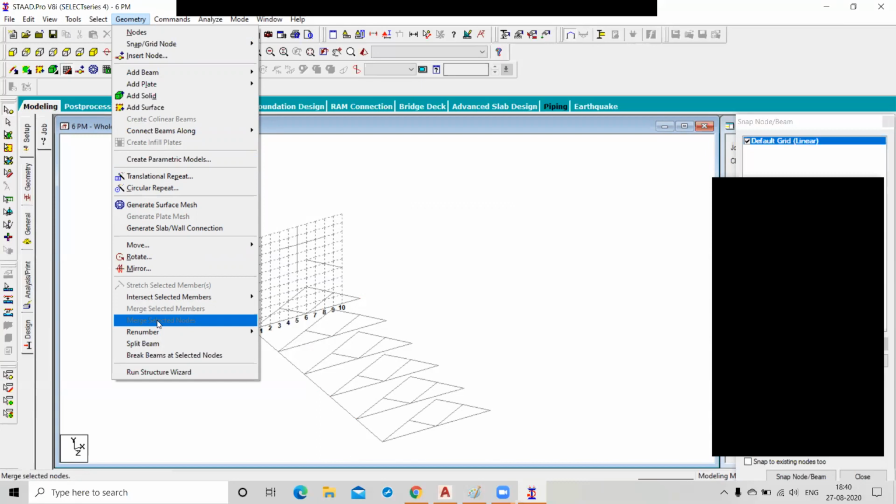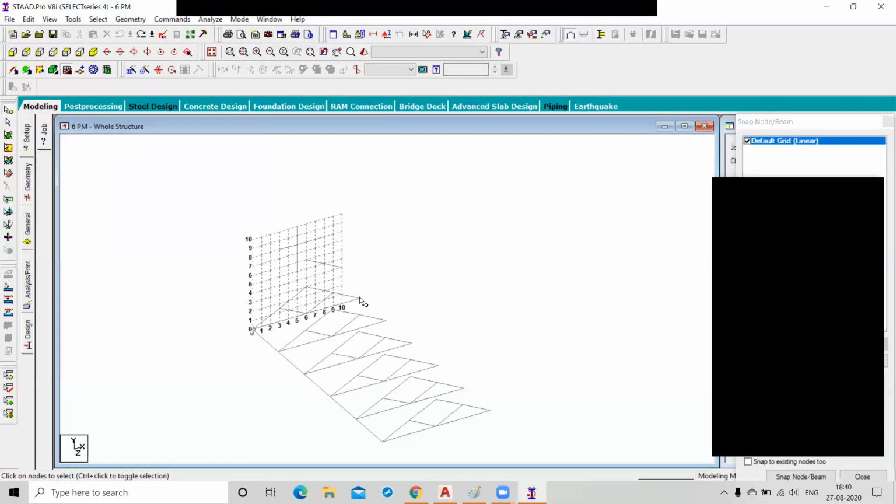What are you going to expect when merging the 2 nodes? The nodes are on different positions. So which node are we going to merge? This one or this one, or this or this?